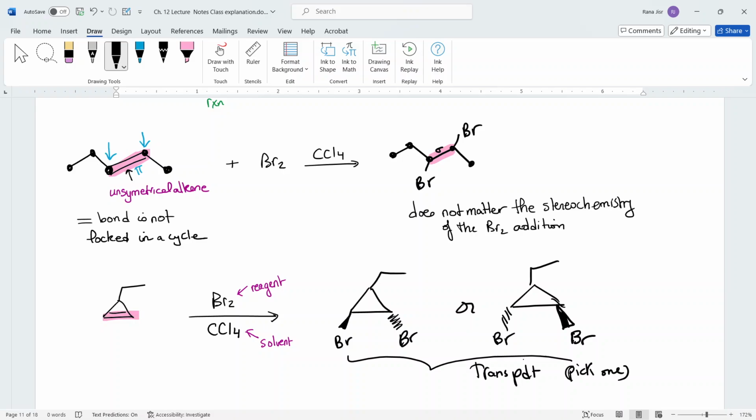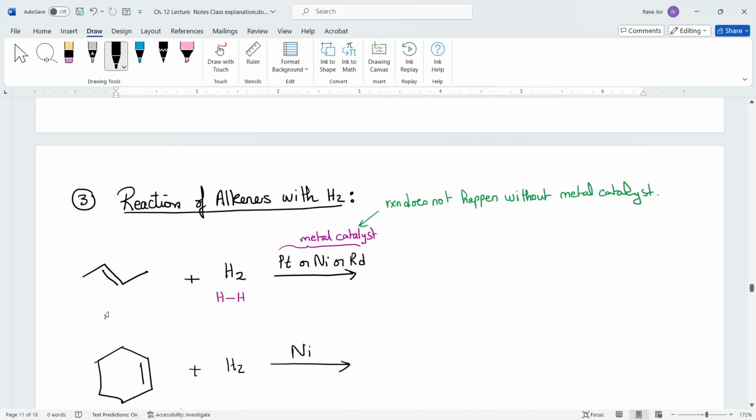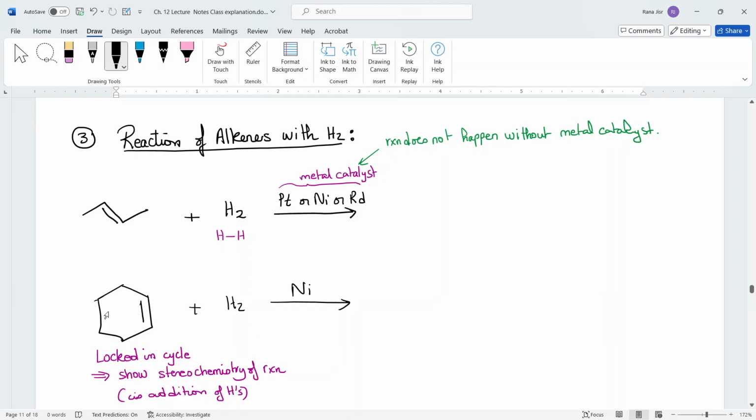Double bond locked in the cycle, you have to show the stereochemistry of the addition, and the stereochemistry of the addition is going to be a trans addition. We always said that whatever goes under the arrow, that is the solvent. So the solvent has nothing to do with the product. The solvent is just to make sure that the bromine and the alkene do mix with respect to each other. Okay. The third reaction is the addition of hydrogen, and this reaction is very important,